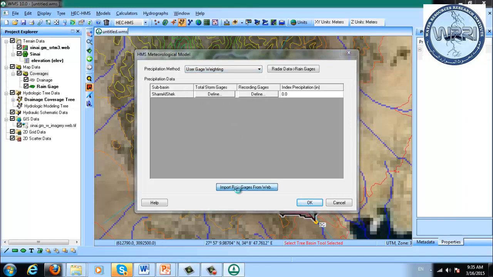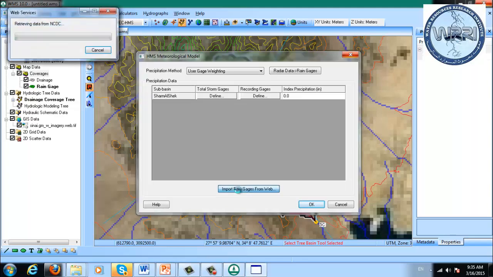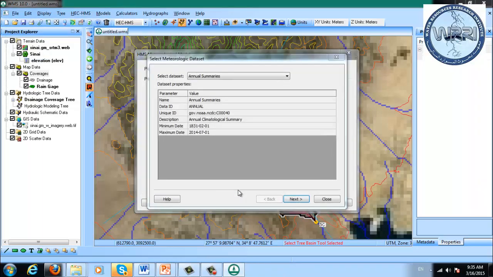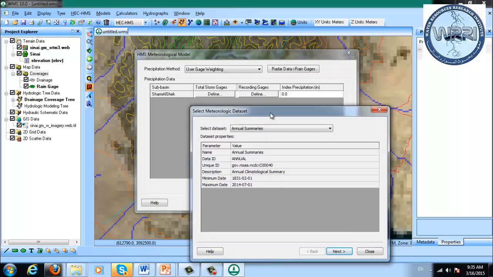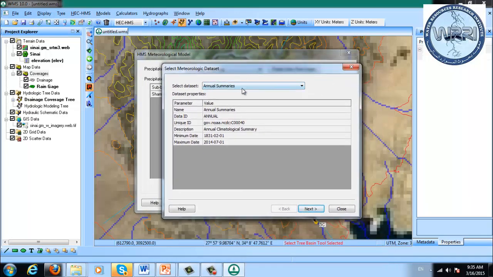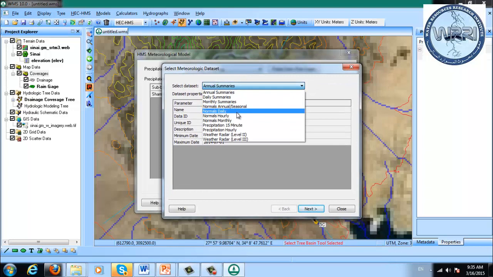So I think you probably have some rain gauges for Egypt. This is from HMS, the HMS meteorological model. And there's an option to download